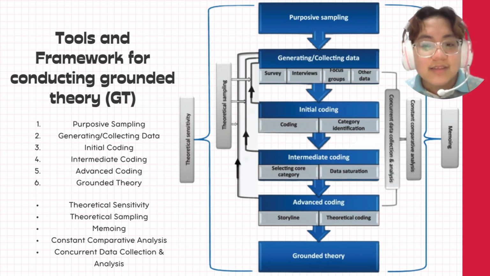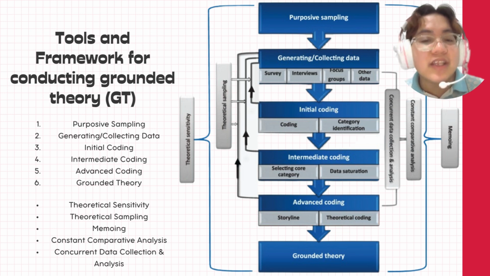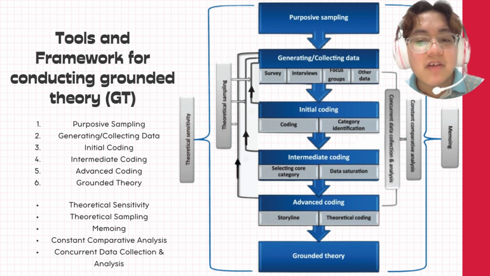In purposive sampling, this is the first step where you choose participants or data sources that are most relevant to the research question. You intentionally select participants who have the experiences or information needed for your study. In generating or collecting data, here you gather data using methods like surveys, interviews, focus groups, or any other data source. The data you collect here will now serve as the foundation for developing your grounded